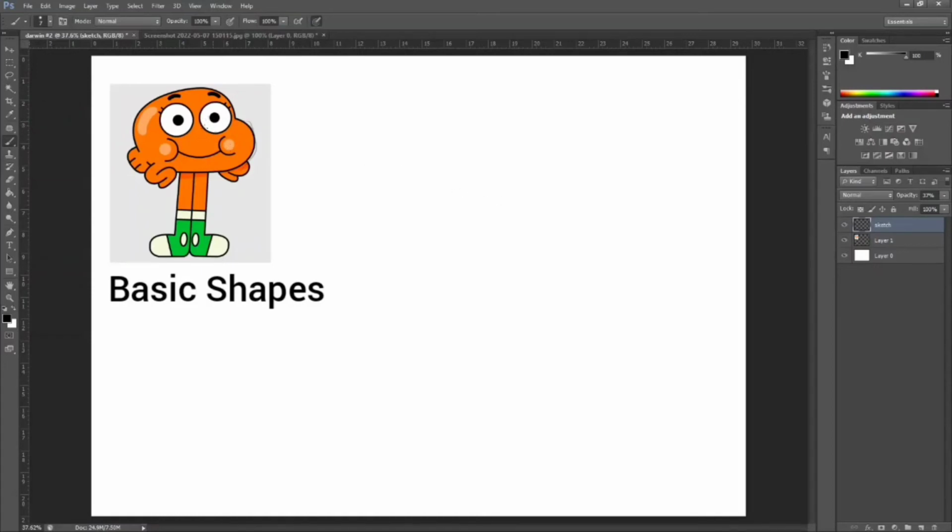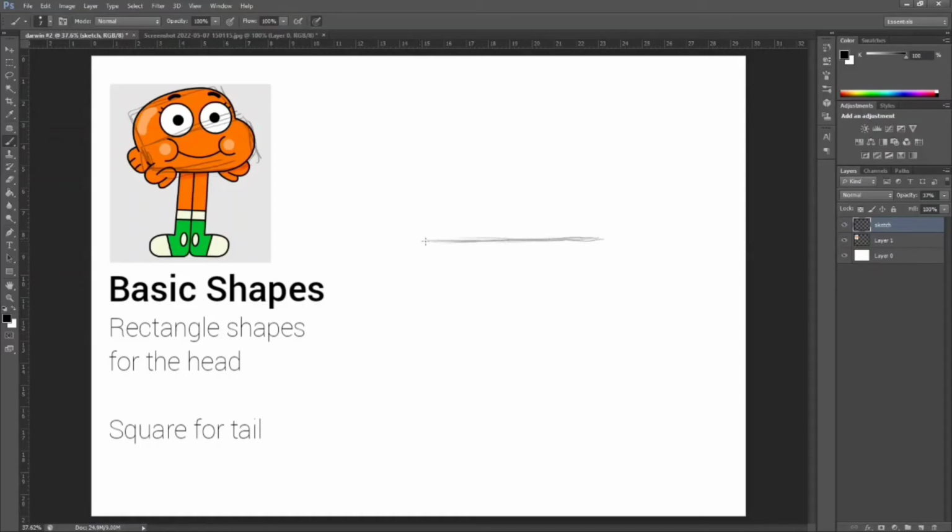So we can make this part into some sort of rectangle right here, and then another rectangle up here. To start that, we make a straight line for the chin part right here. So the chin, a straight line of a rectangle, and then going up this part,